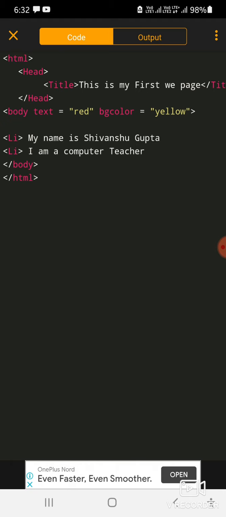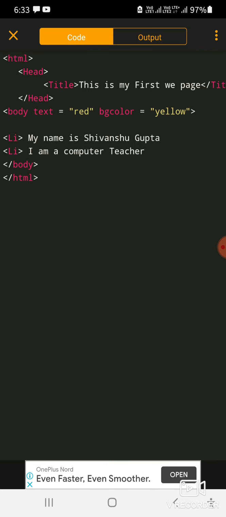Remember, students, when you want to create HTML code, you need an editor, like Notepad or whatever editor you are using. When you want to save the code, use the .html extension. These three things are mandatory for HTML users. If you want to create HTML code, you need an editor.